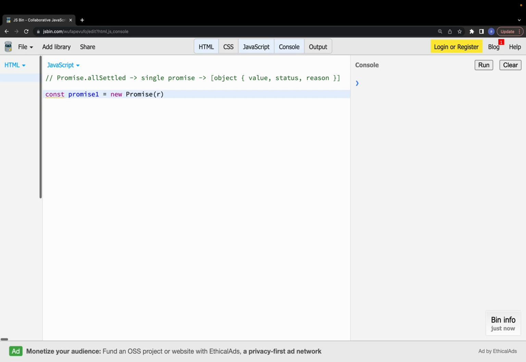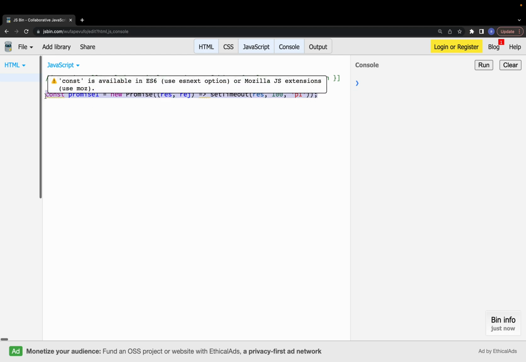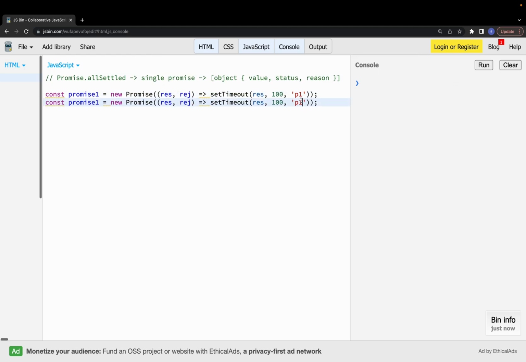We'll take two callbacks, resolve and reject, and then we'll be resolving it after 100 milliseconds with p1. Let's create another promise, call it p2,